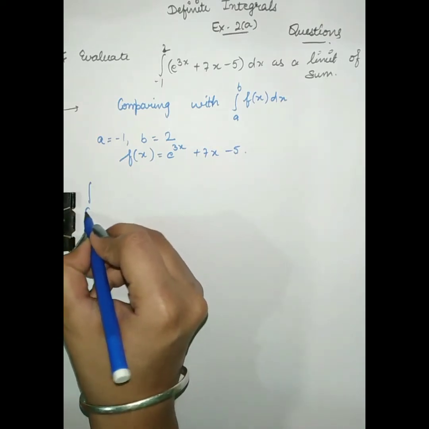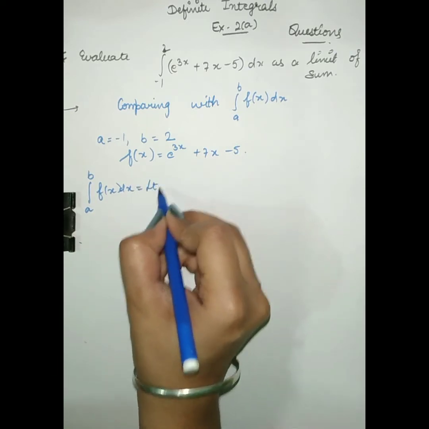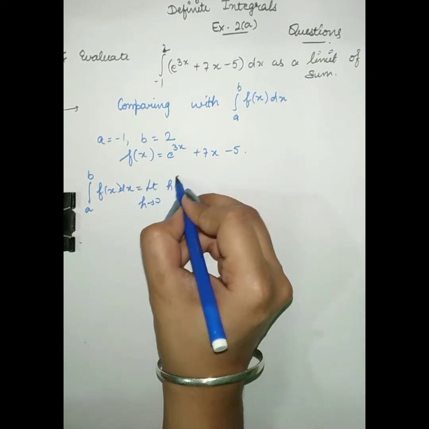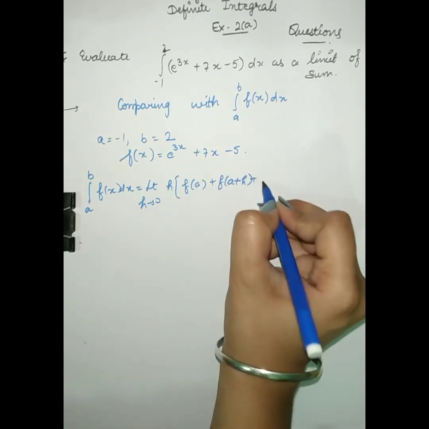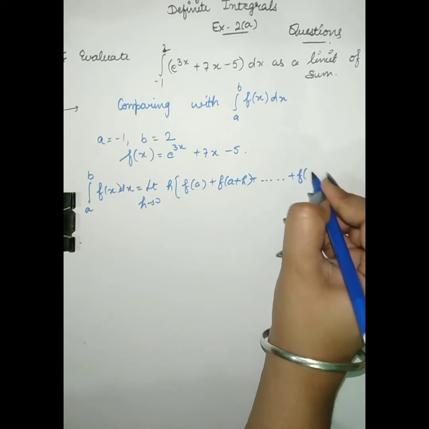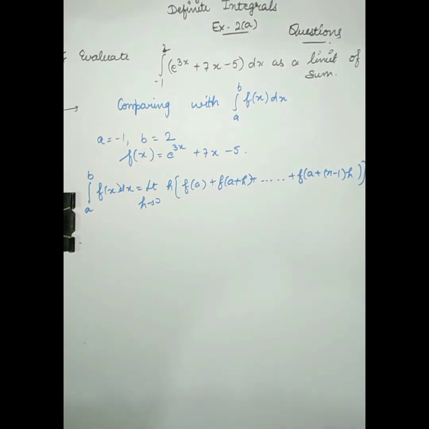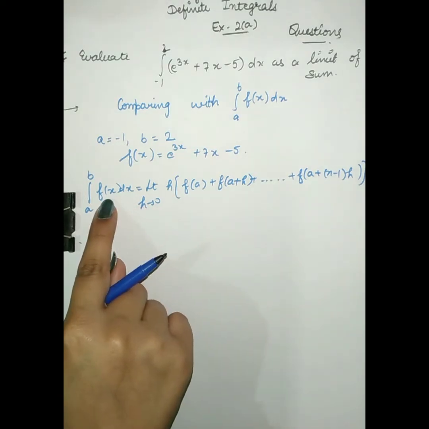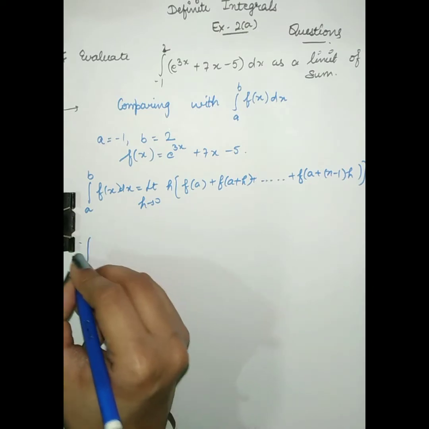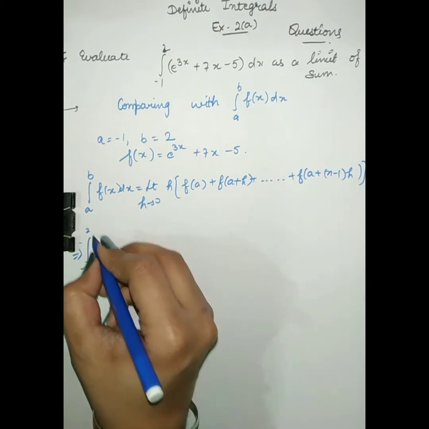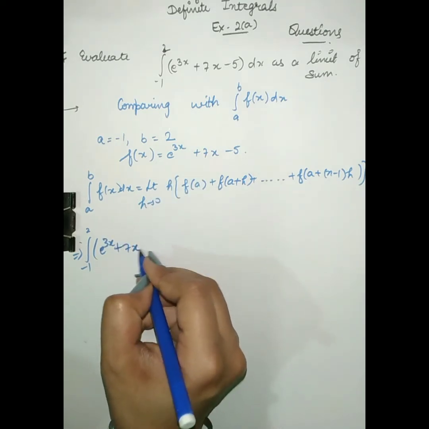Now the integral a to b f of x dx will be equal to the limit h approaches 0 of h times f of a plus f of a plus h plus up to f of a plus n minus 1 into h. Then we will put these values here. Then we get the integral from -1 to 2 where f of x is e raised to the power 3x plus 7x minus 5